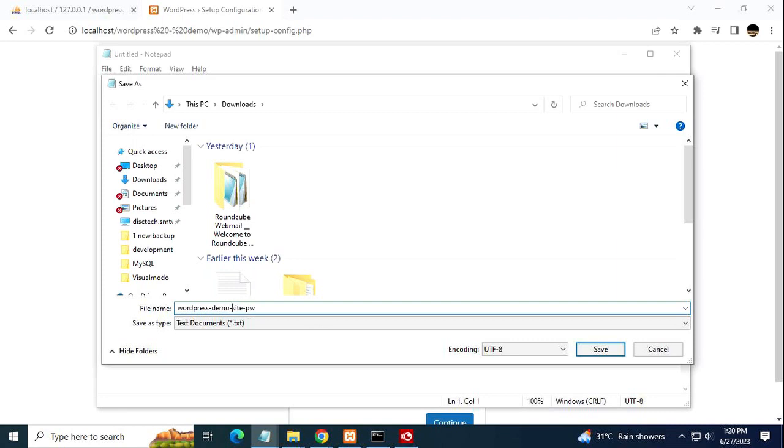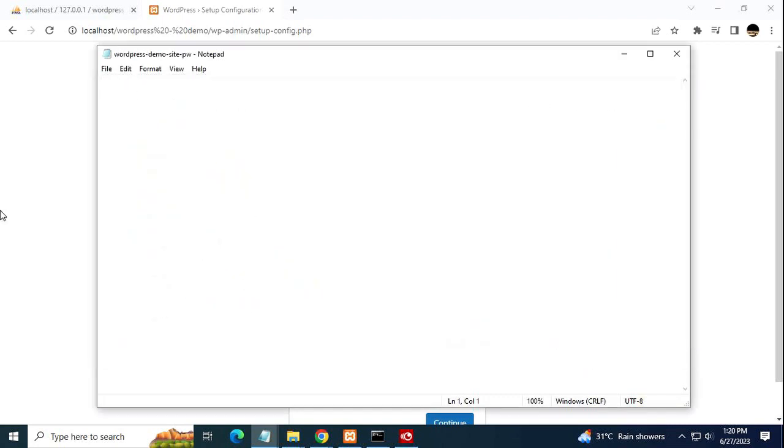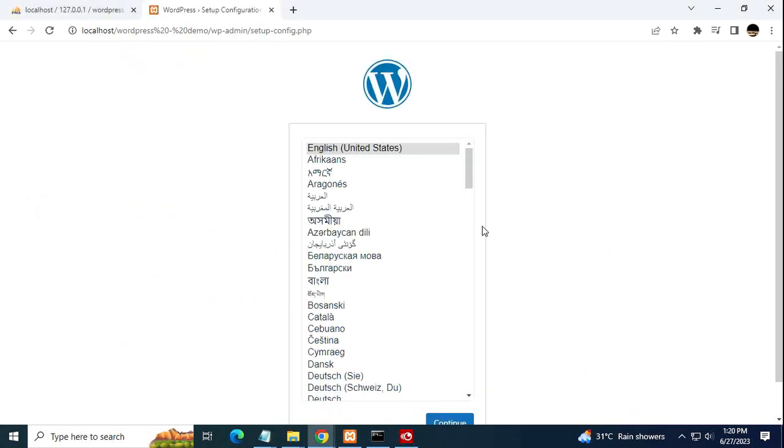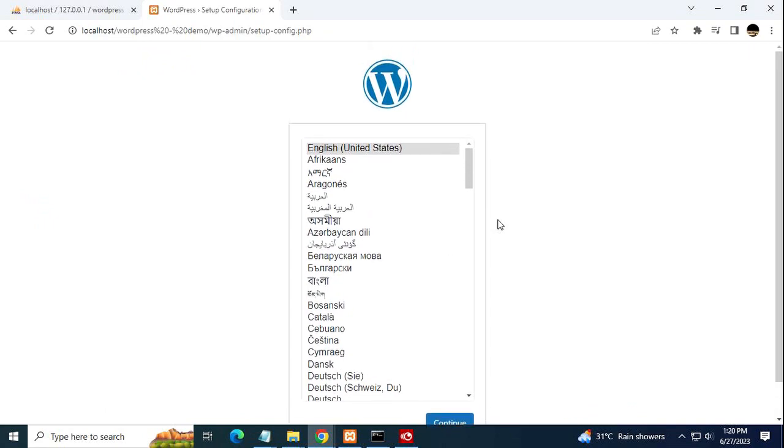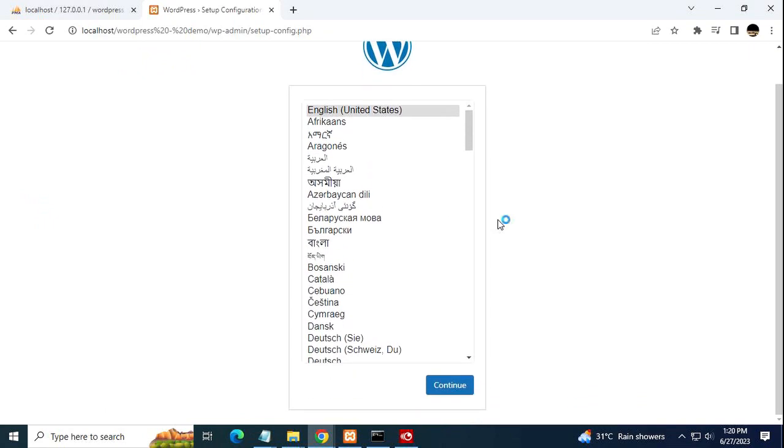DEMO. WordPress demo site password, right? So we need to have that there. So we'll go back over to the browser. And the browser said, okay, brings up a WordPress installer, right? So what you need to do is go to WordPress.org and download the WordPress zip to your